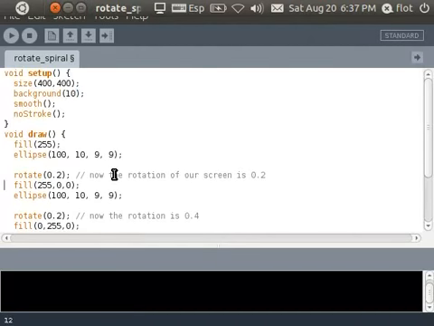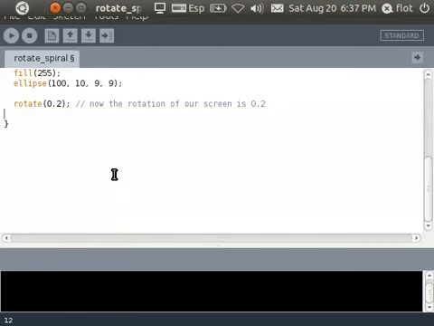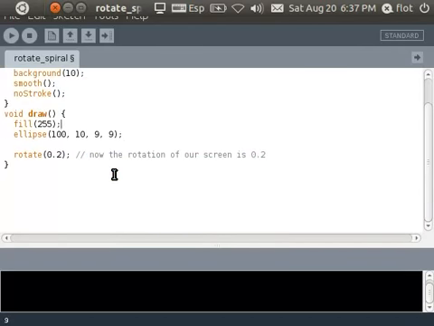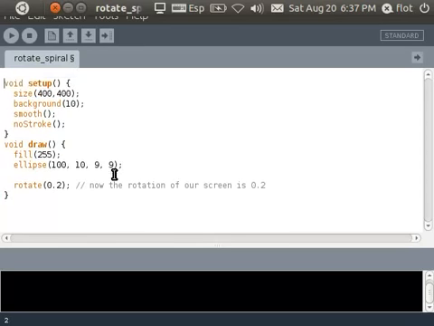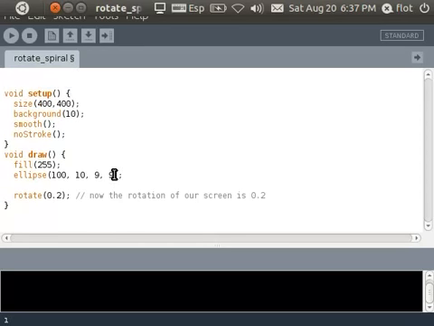I'm gonna just delete most of the program. I'm just setting a white color, drawing the ellipse. I'm gonna add a variable at the beginning so we can be rotating slowly. So I will add this float variable. I will call it R, like from rotation, and it will be 0 at the beginning. And instead of adding rotating here a fixed 0.2, I will just say rotate R, which at the beginning is